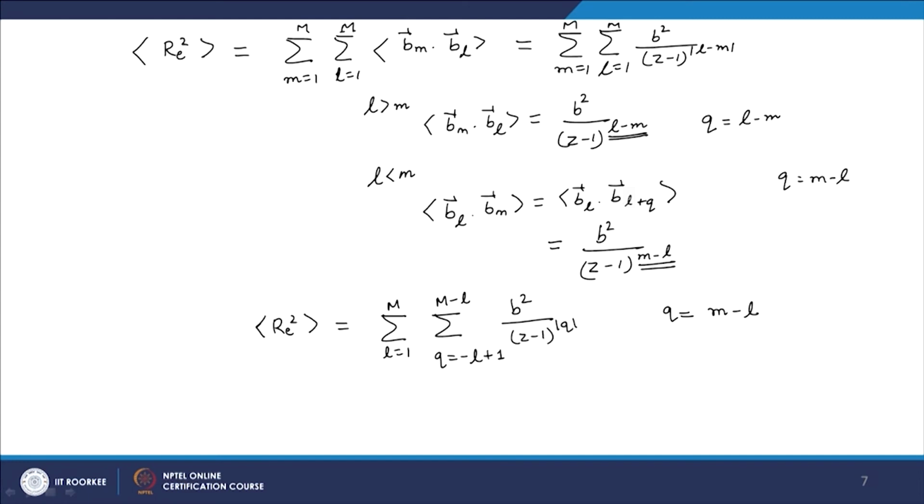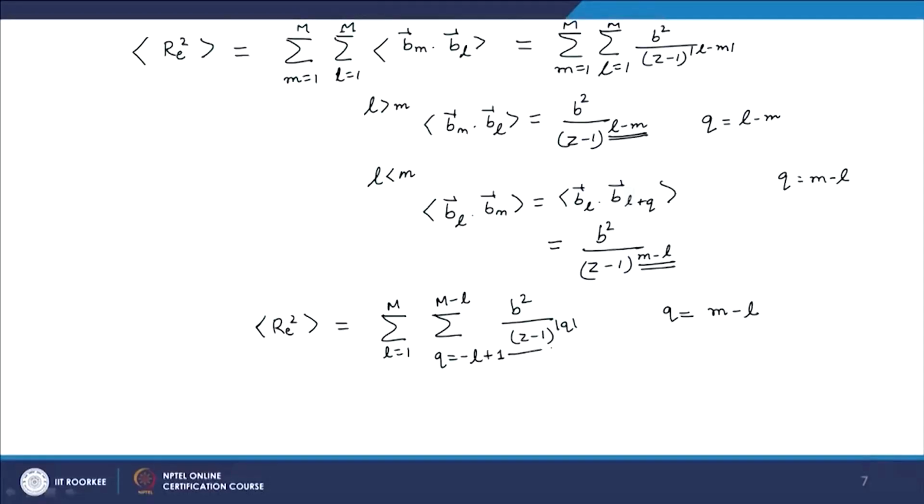Okay. So now if I do this series, I can do it in a variety of ways, but I will make an assumption here, and the assumption is that both these indices L and m, or L and Q in this case, are going to take large values of capital M. Since this particular term is decreasing with higher powers, it is not much of an approximation if we take this sum from minus to plus infinity, because anyway the higher powers are going to be 0. Okay. So what I will do is I will replace this